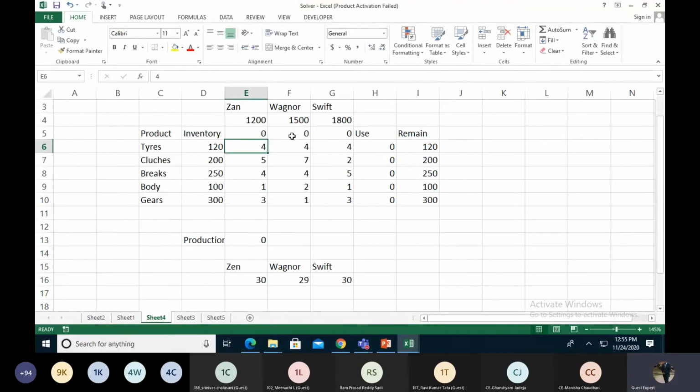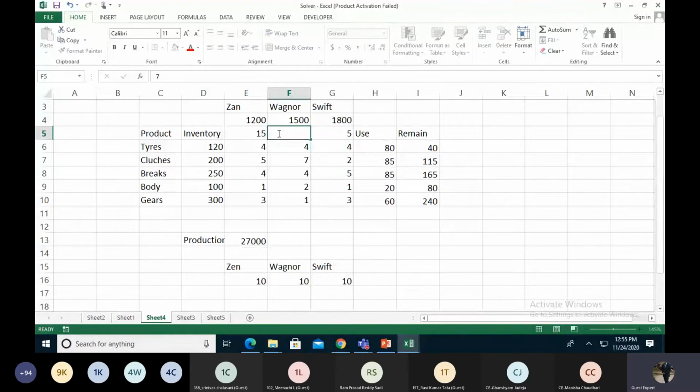But if we get 15 Zen, so the overall effect is, we are only creating 15 Zen and 50 Swift. If we sell 5 Swift Desire, so right now we already made 10 Zen, 10 Wagoner, and 10 Swift. We already sold 7 Wagoners.